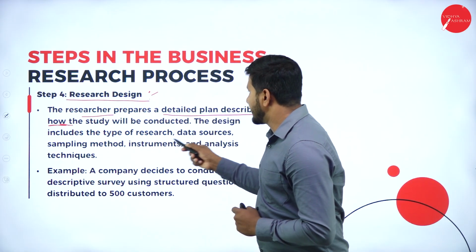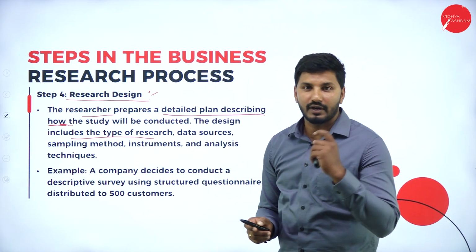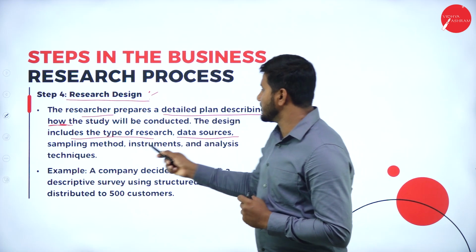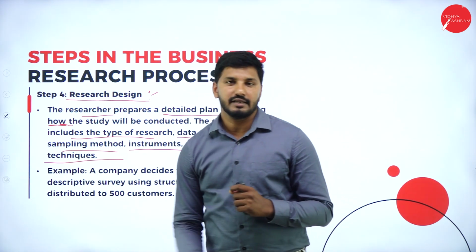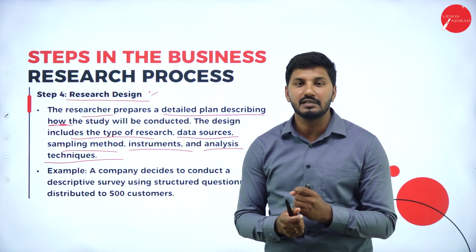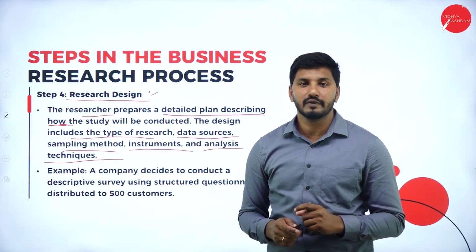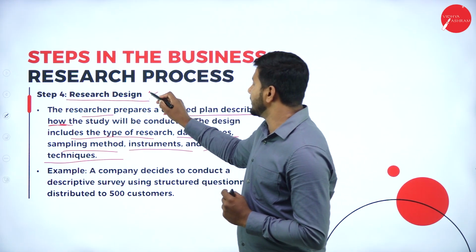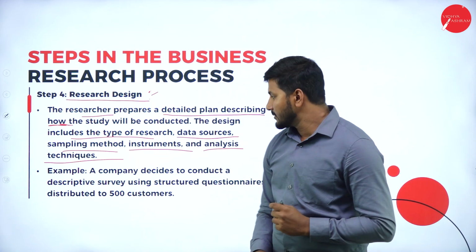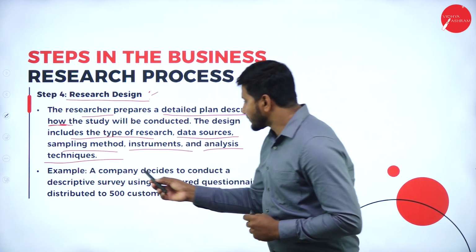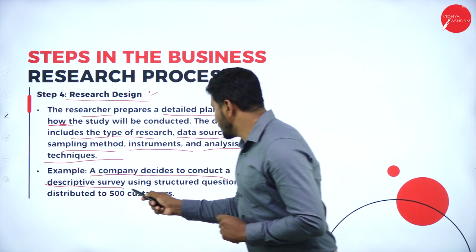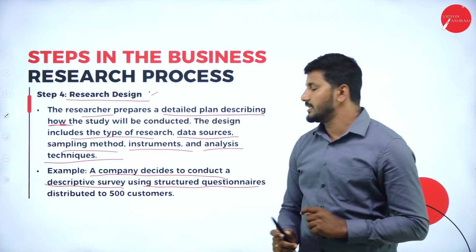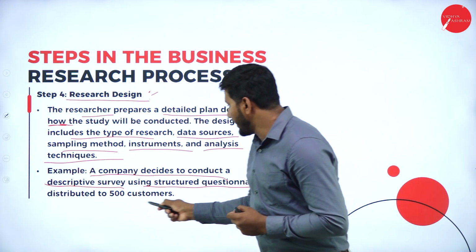The design includes the types of research, the data sources, sampling methods, instruments, along with the analysis techniques. What are all the methodologies or tools we conduct this research with will come with the research design. So, for example, a company decides to conduct a descriptive survey using structured questionnaires distributed to 500